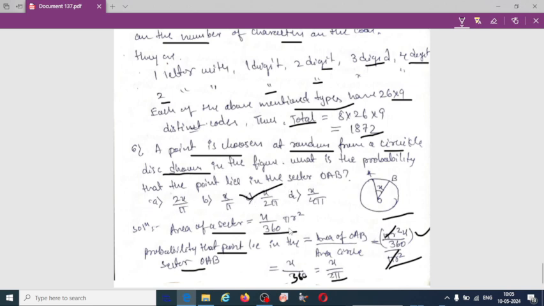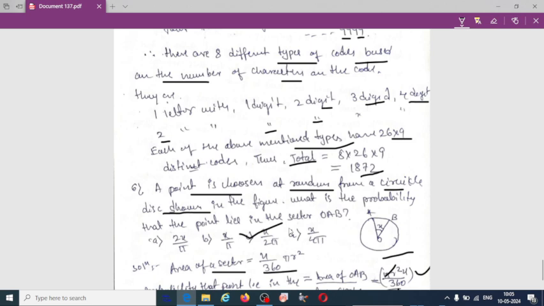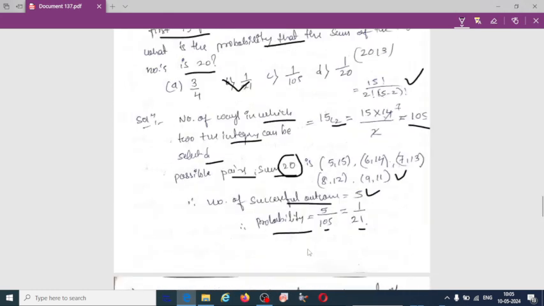So like that you should calculate or find out the probability and permutation combination. Here the question, if you see, looks like a geometry question, but it is related to probability. So I hope this